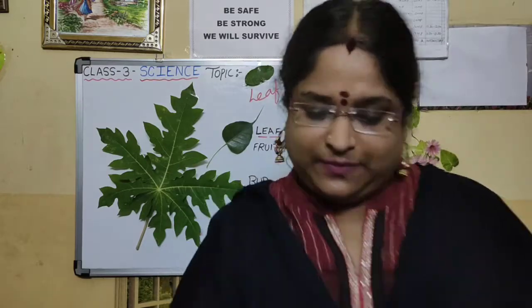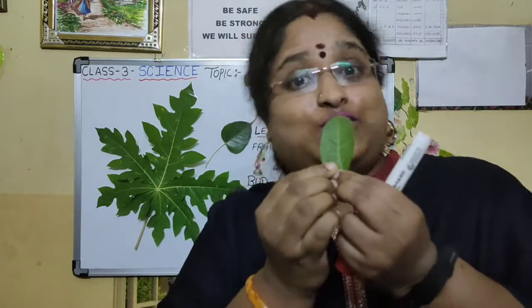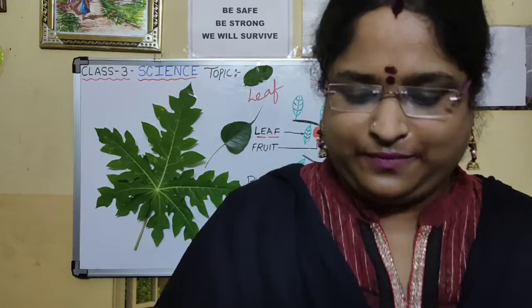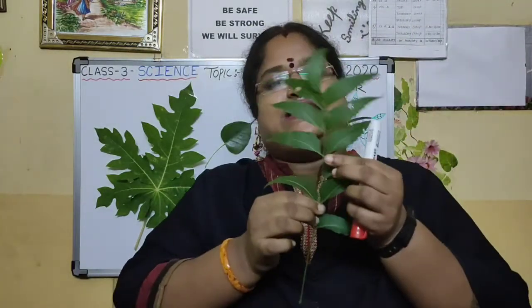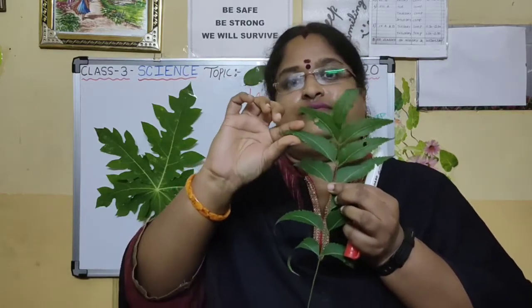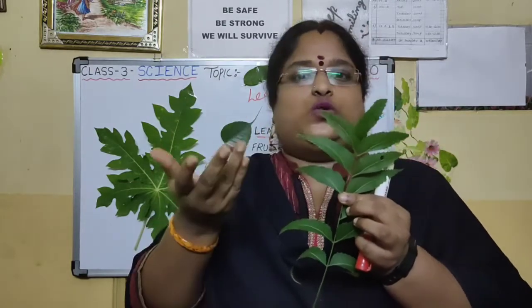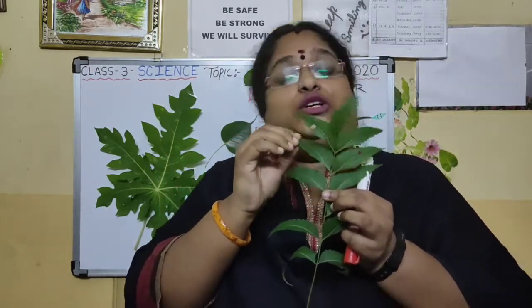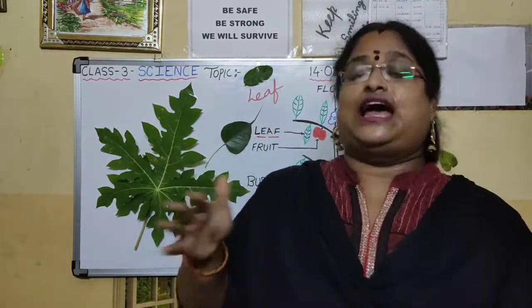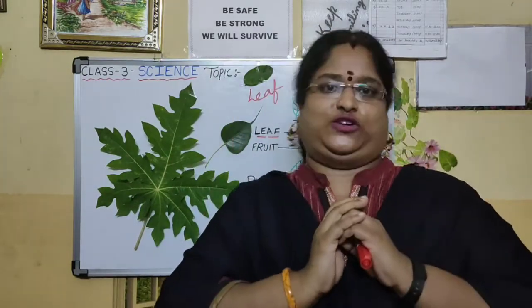And see this leaf, children. This is a leaf of guava. You all love to eat guava, isn't it? It looks oval. It is oval in shape. Have you all seen the leaf of neem and rose? The edges will be rough. So it does not have a smooth edge. So leaf of neem as well as rose, they have got the toothed edge. So like this, different kinds of plants have different kinds of leaves. It varies in shape, size and texture.